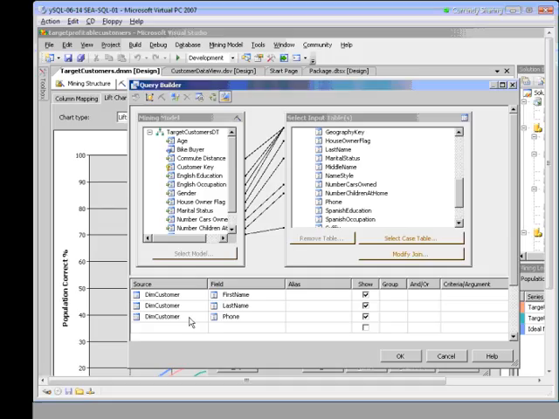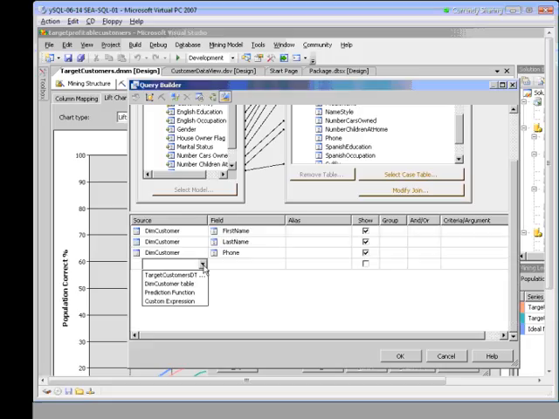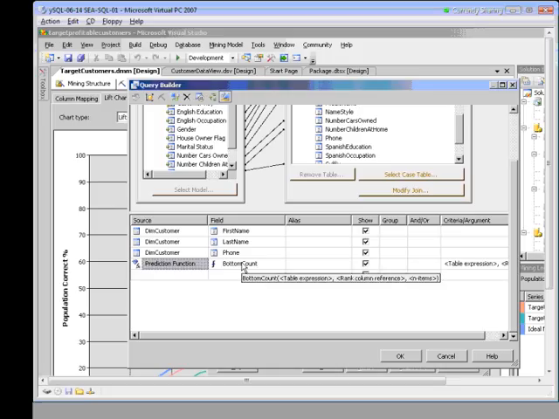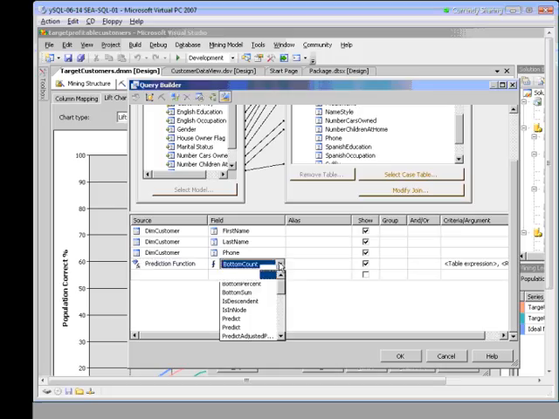The first thing you want to do is go to this blank source, click on the drop-down box here, and we're going to do predict function. And in our field, notice the different things I could do here. We're going to do predict probability. And in our alias, we're going to call this one Prob. I'll capitalize it so you can see it in the report headings here in just a minute.